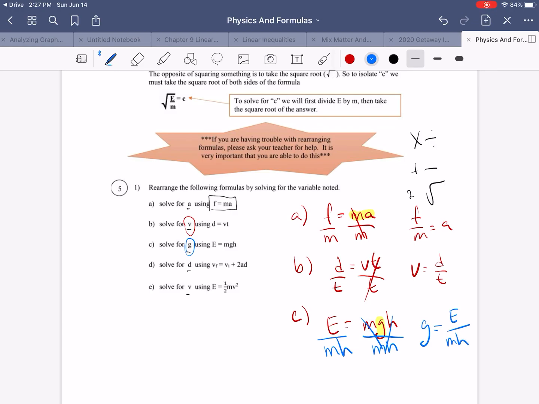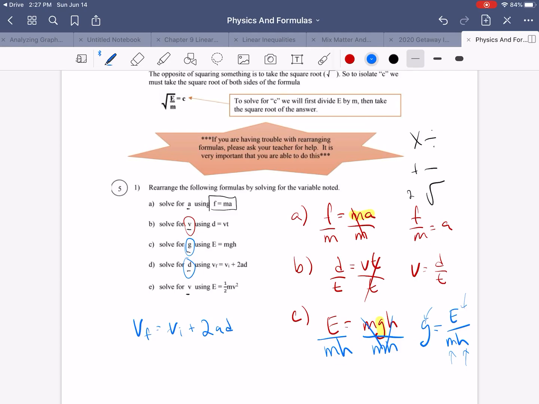So I could put my gravity number in here, my energy number in here, my mass number in here, and my height, and I could just do the formula, E divided by MH, to get the answer. Here's the next one we're going to do. It's solving for D. So we're doing velocity final equals velocity initial plus